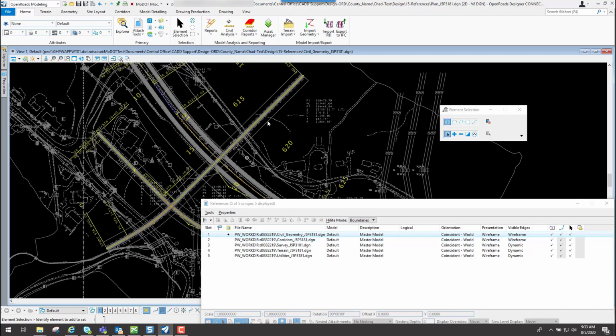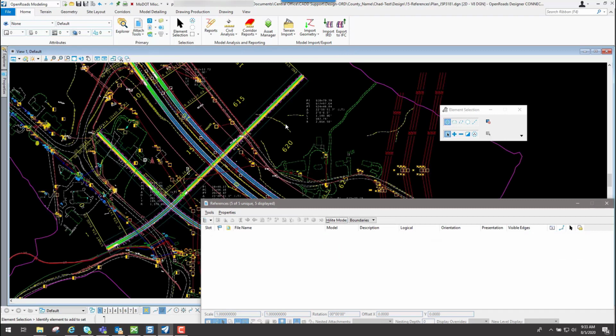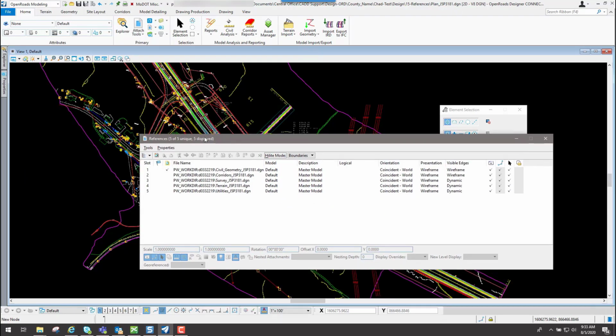So on the activate, we moved that text right here and we moved some other text. Now if we're finished with that, simply right click over that file and do the deactivate. So now we're working inside of this plan drawing, and anything that I add to this drawing is going to add to this particular file. So that's some options for editing elements that are in a reference file.